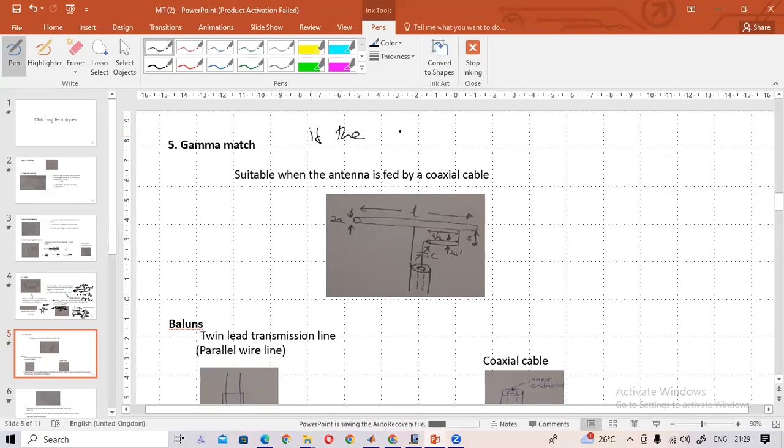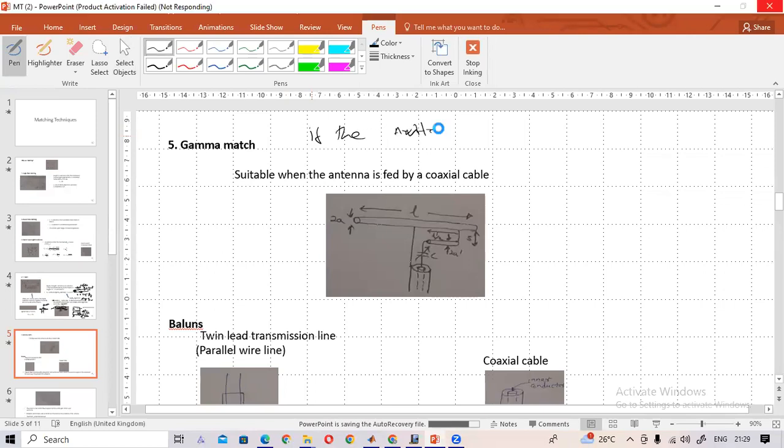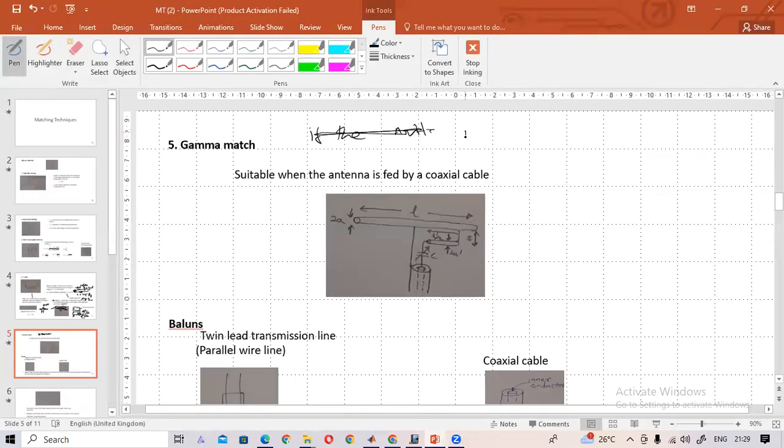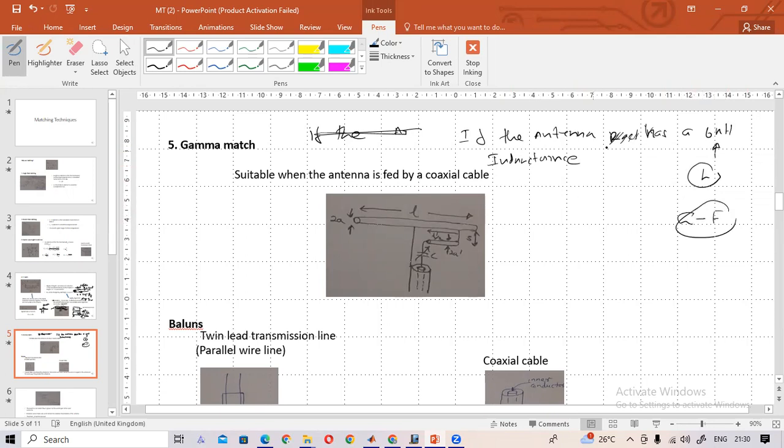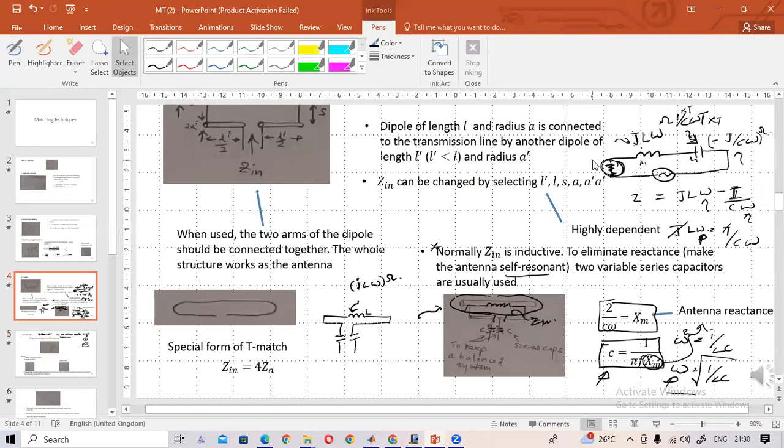If the antenna, okay, this is a homework. If the antenna has a 6 nanohenry inductance. This nanohenry means the inductor, that is L, that is measured in Henry, and capacitor is measured in Farad. So if the antenna has 6 nanohenry inductance,